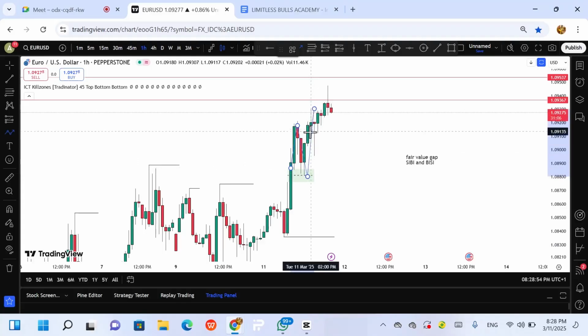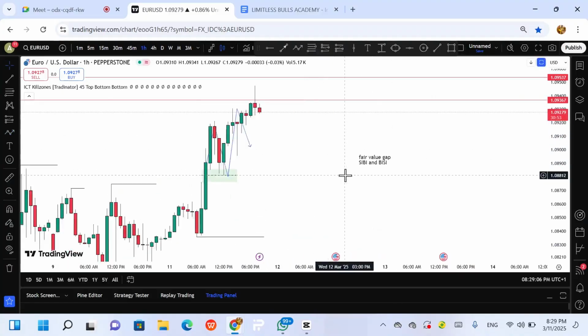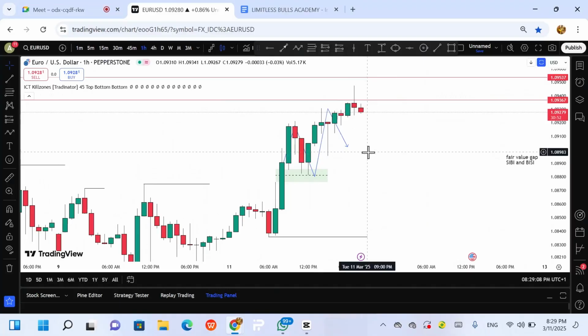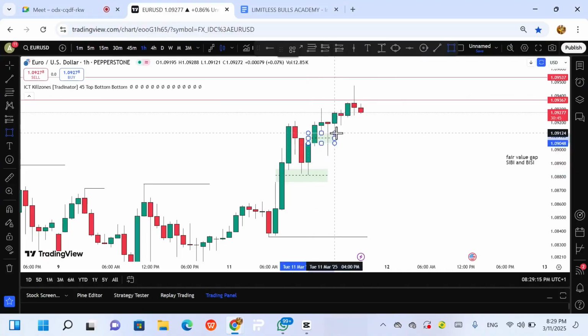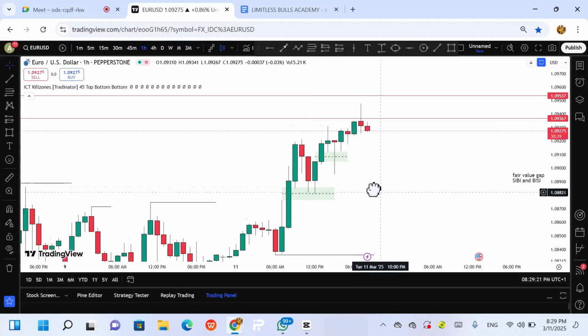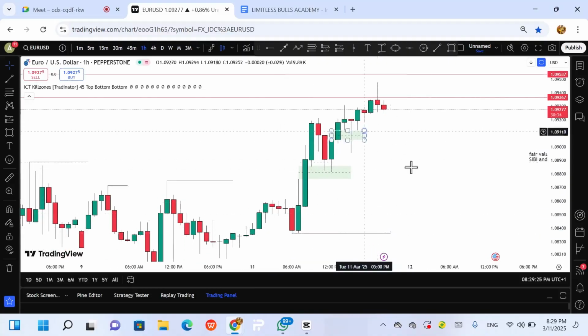After going back up, what do you notice again? There was another fair value gap here. Let me keep this work clean. So what is this? This is another BC, right? And what happened? The market still came back and filled this liquidity point, and then it is moving higher. So you see that it's a mechanical system. The market is just moving with these zones meticulously, one after the other. After reaching this one, it will go for the next one.